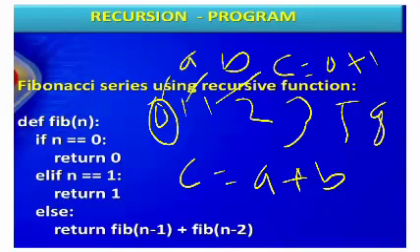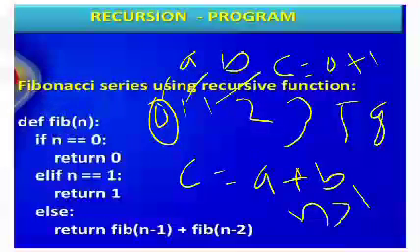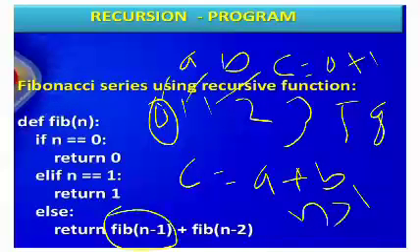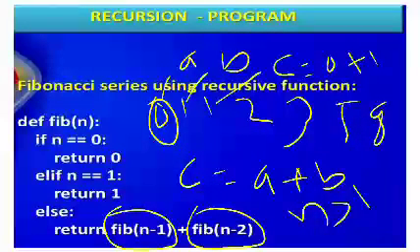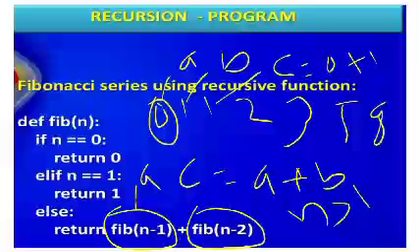The function is defined with def fib and passes the argument n. The condition: if n is 0, return 0. If n equals 1, then return 1. If the value is greater than 1, then it repeats, calling the procedure with n minus 1 and again calling n minus 2. It is argument A, it is argument B.